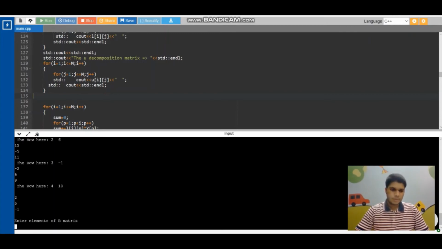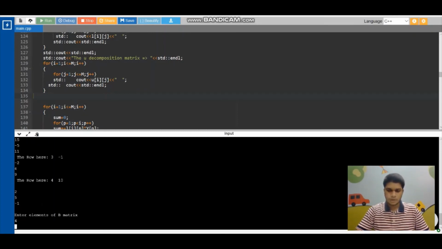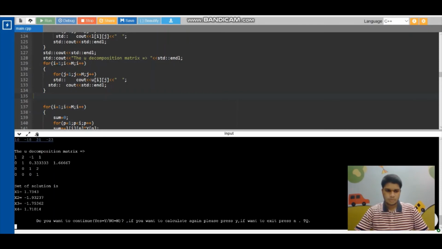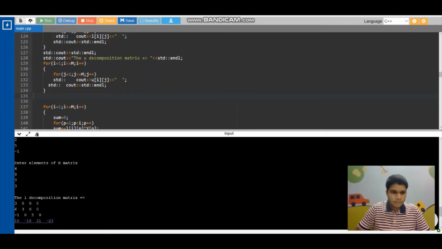For the elements of the B matrix, we enter 4, 9, 7, 3. So here we can see the code is compiled successfully,